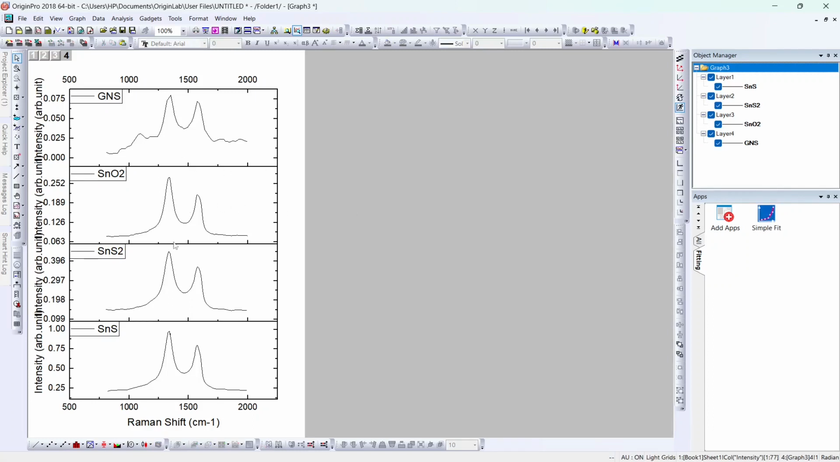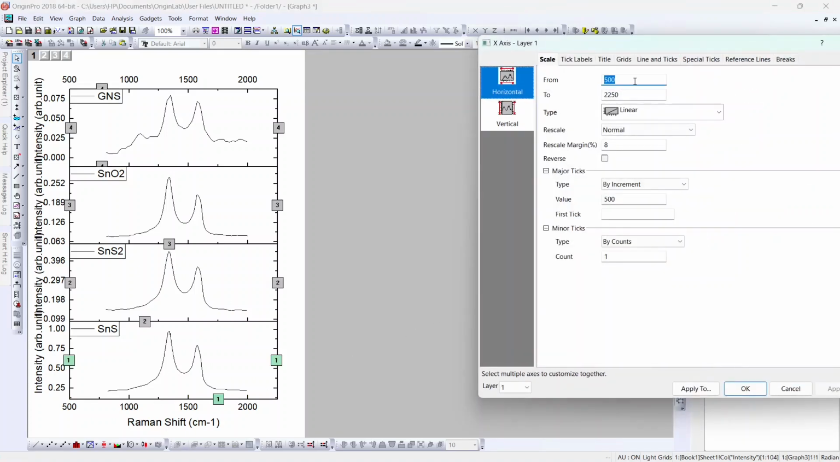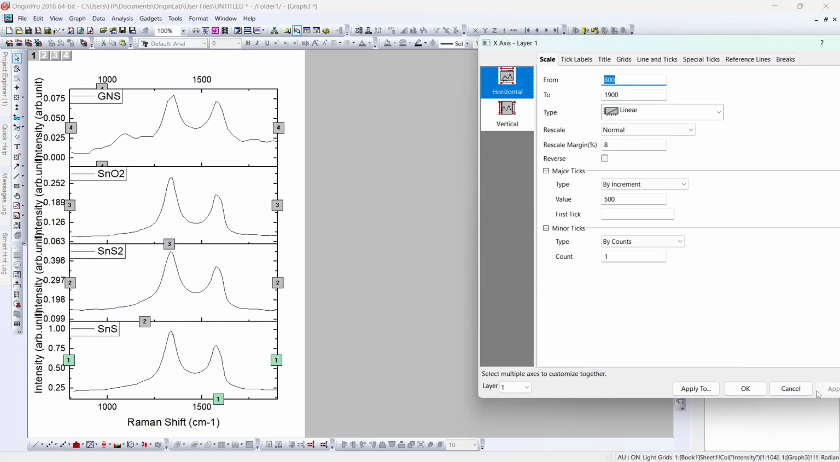Now let's make cosmetic changes, so it will look good. So let's change the x-axis limit. Double click on that, put it from 800 to something like 1900. Click on apply. Now we are satisfied with the limits, so let's go to the next step. Now again you can see that the increment is too high, so let's decrease it to 200. Yeah, that looks good. Anything else? No, I think